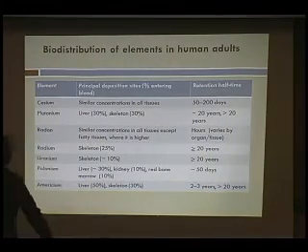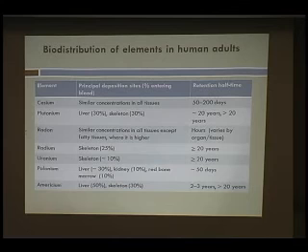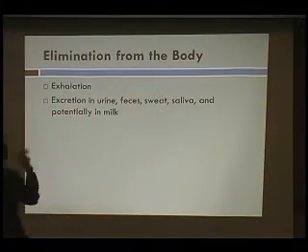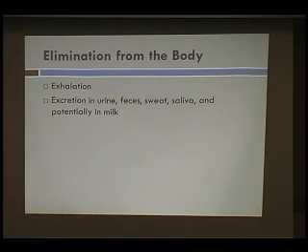And then again, this is some more just to give you an idea of, radon leaves fairly quickly, uranium 20 years, polonium 50 days. And of course, again, it depends on how much you're being exposed to, what the route is, and also the other factor is how much is actually leaving the body. So there's going to be some that leaves the body through exhalation, and then there's going to be some that's excreted in urine, feces, sweat, saliva, and then potentially in milk as well.